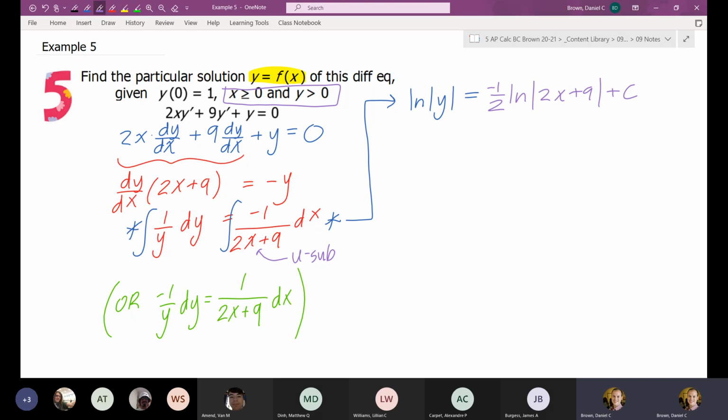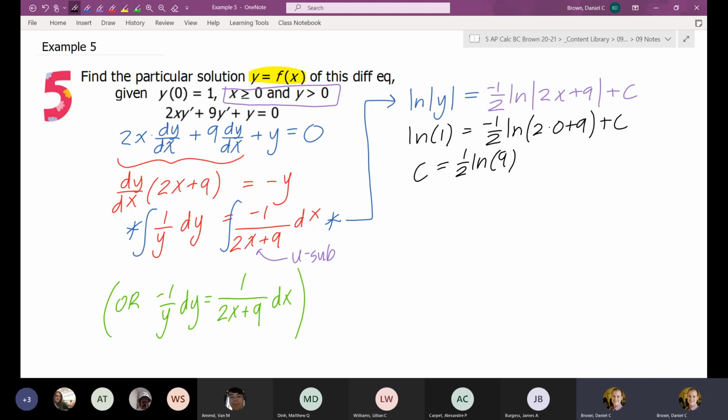But looking at this, I am going to go ahead and solve for that initial condition of c. Again, you do have two options. There's always lots of options you can take. You can either solve for y and then plug in the initial condition, or plug in the initial condition and then solve for y. I personally like solving for c before doing a lot more algebra. So it tells me that y of 0 is equal to 1. So when y is 1, we know that x is 0. The natural log of 1 is 0,